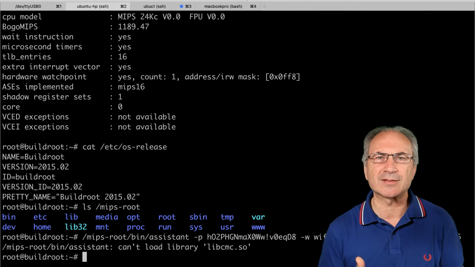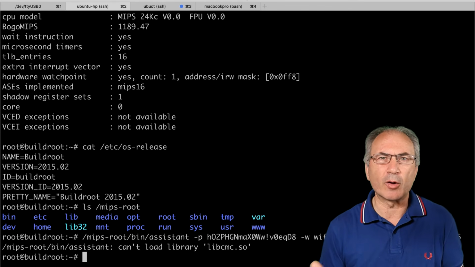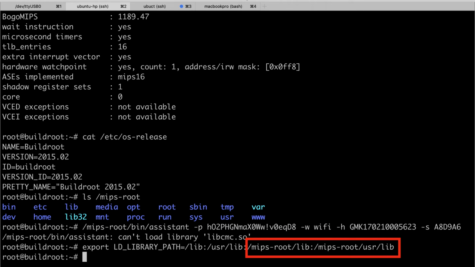This is a custom development library that is not included in our root file system, that has only open source components. We can use the LD_LIBRARY_PATH environment variable to include at the end the root file system of our device in the library search path. In this way, if some library is not found in the usual places, it will search for it in the root file system of our device.